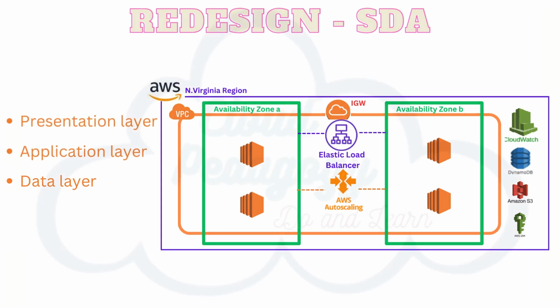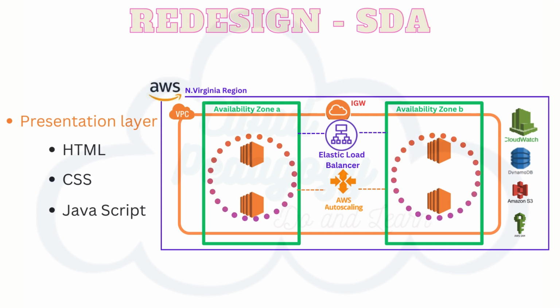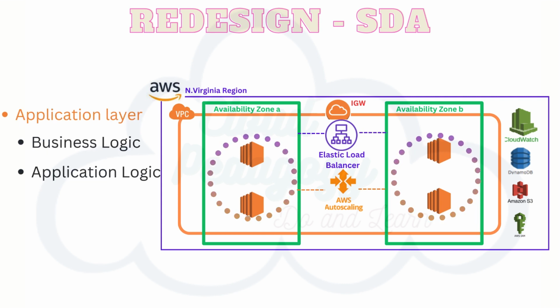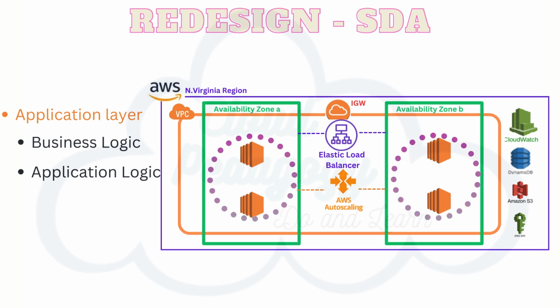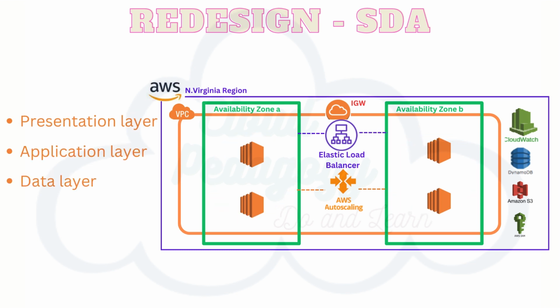application layer. This is true because the EC2 instances have a web server running that is serving the content for the website like the HTML, CSS and the JavaScript, which is the presentation layer. Then the same instances are also handling requests for the backend logic for viewing, adding, updating and deleting students, which is the application layer. What I want to do now is separate these two pieces entirely, like having the